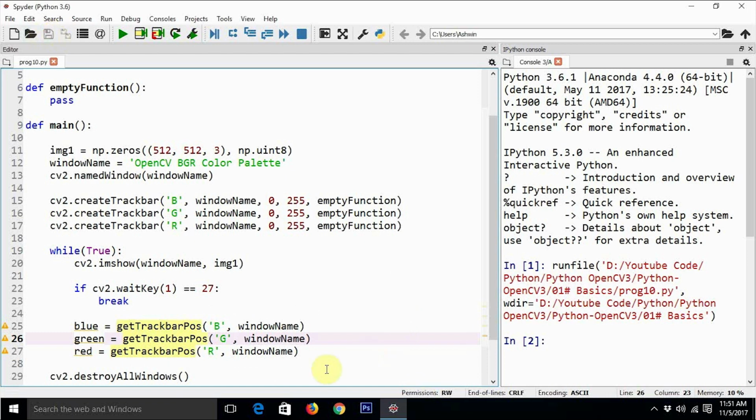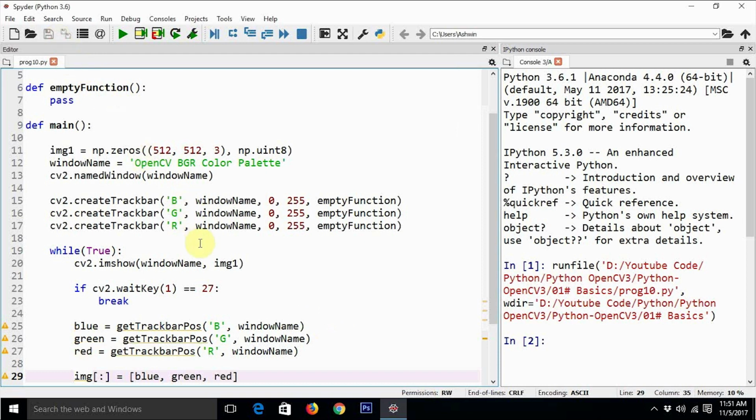So let's save this. Now let's create a composite image out of this. This is how we create an image, by merging all these channels. It's blue, green, and red in that order.